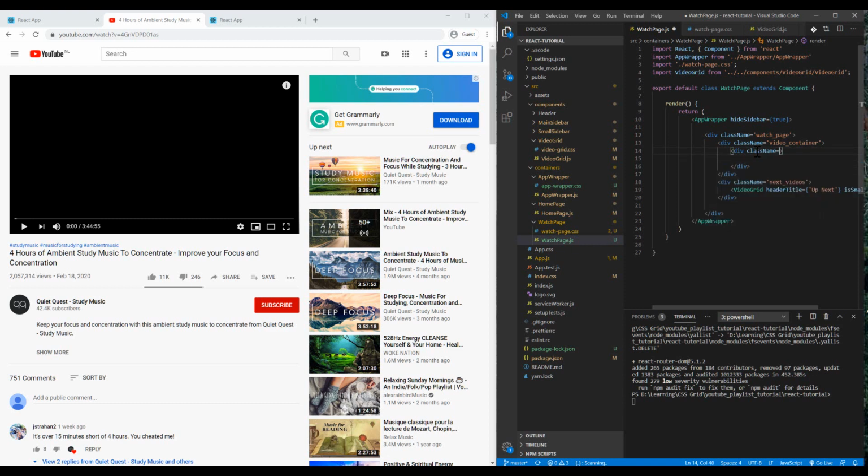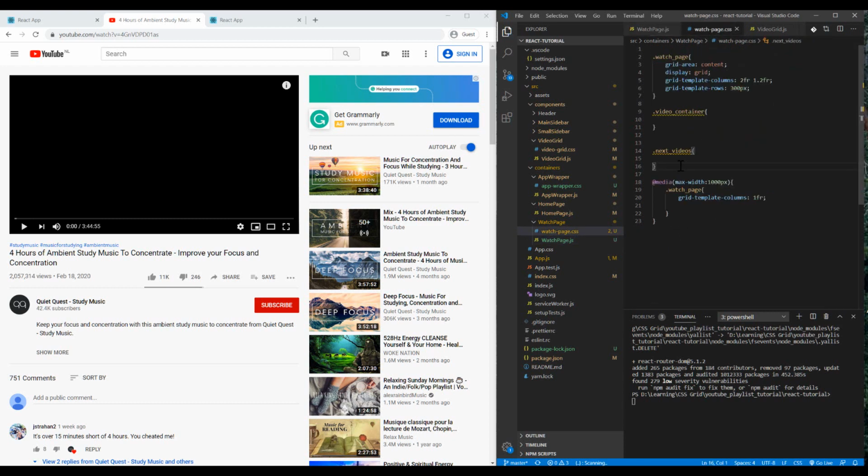Class name is gonna be the player, and video container player, set background color to black,